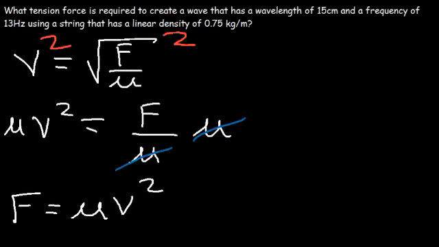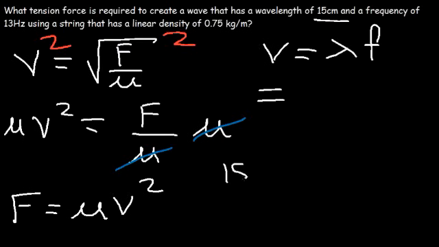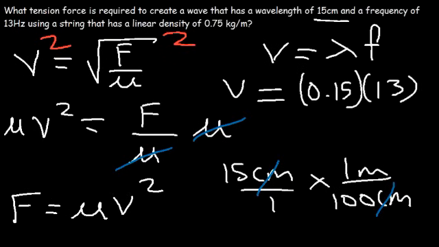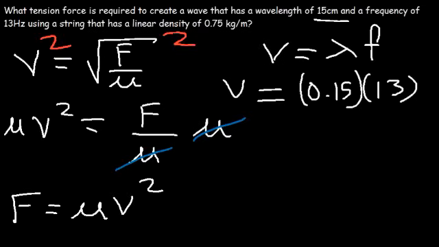Now we don't know what the wave speed is, so we need another equation to find it. The other equation that we can use is this equation. The wave speed is equal to the wavelength times the frequency. The wavelength is 15 centimeters. We can convert that to meters by dividing it by 100. 1 meter is 100 centimeters. So 15 centimeters divided by 100 is 0.15 meters. Let's multiply it by a frequency of 13 hertz. So the wave speed is 0.15 times 13,